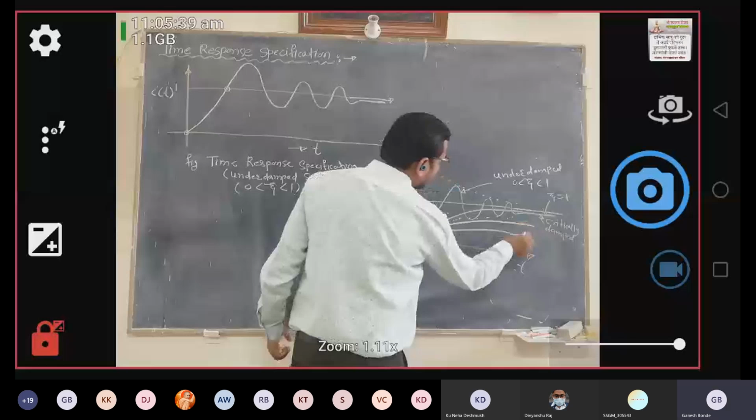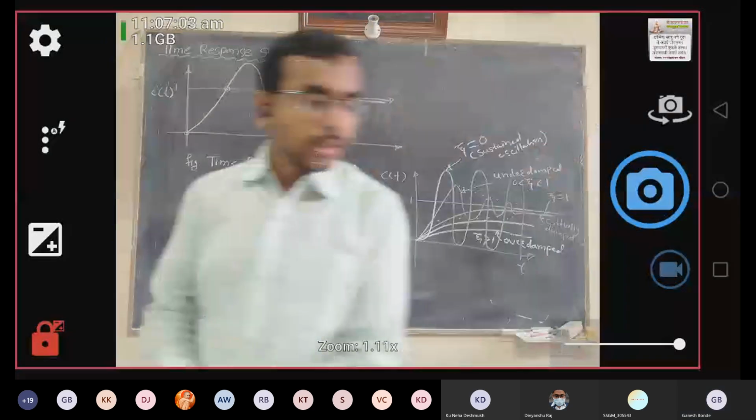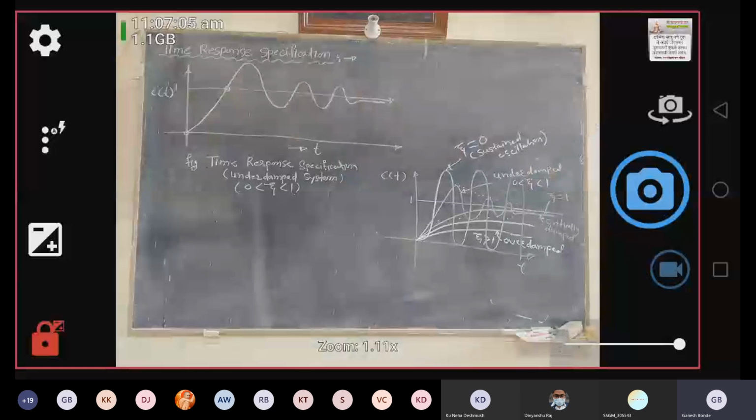So these are certain observations from the time response of a second order system when it is subjected to unit step input. Then similarly we can determine the time response of a second order system with different inputs,